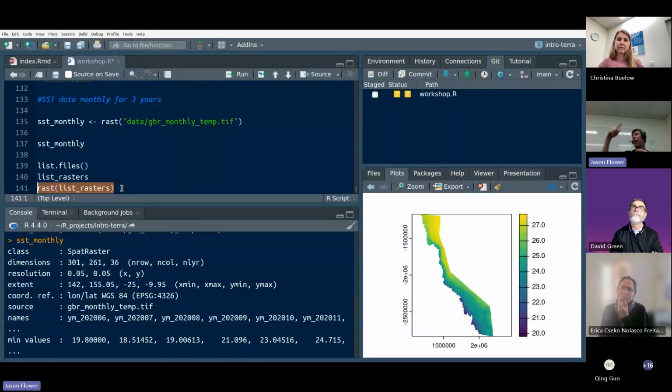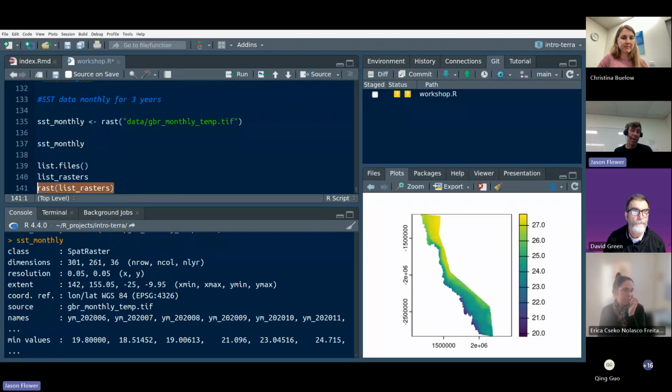So you'd loop over each raster, load it using rast into a list. So each element in the list is a raster. And then at the very end, you run this command and it will make you one single raster stack. But that's like 10 steps ahead of where we are. I'm just going to see where I end up here. I'll do a tiny little bit more about this,